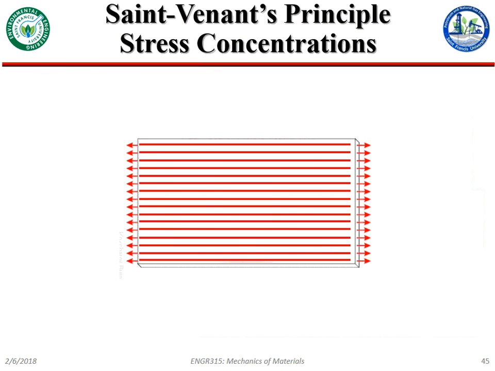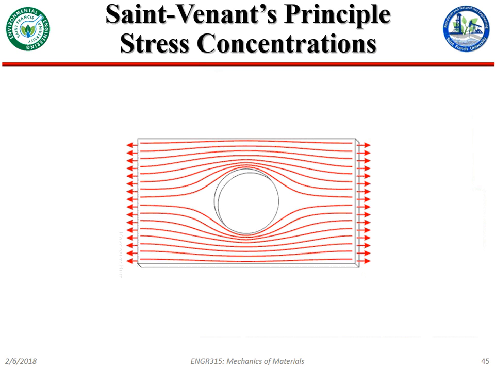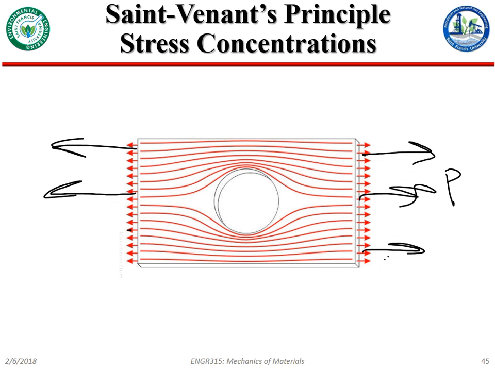Everything's fine. But if you put a hole in the center, the flow now has to go around it. You might think that, in terms of materials, the same load is applied here. Wow, there's a terrible arrow. There's the same load as here, as is here. The same load is applied at every single cross section. Every single cross section has to react to that same load. The question is just what it has to react with,